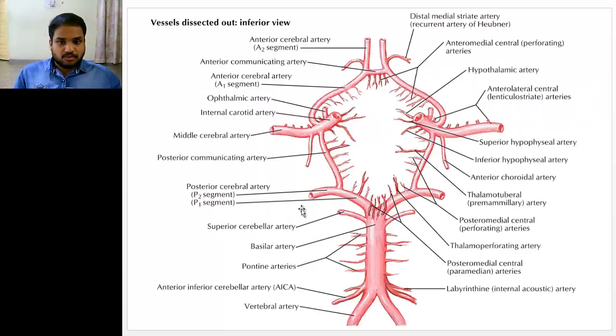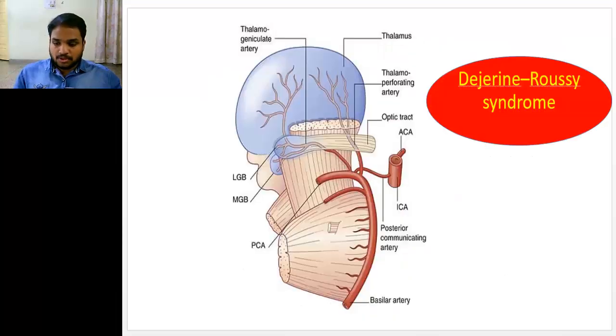The penetrating branches which I have told you. You can see these branches, right? So occlusion of the perforating branches of the thalamic as well as thalamo-geniculate arteries, right? So these are the thalamo-geniculate arteries. So occlusion of the perforating branches of thalamic and thalamo-geniculate arteries results in a syndrome that is called as the